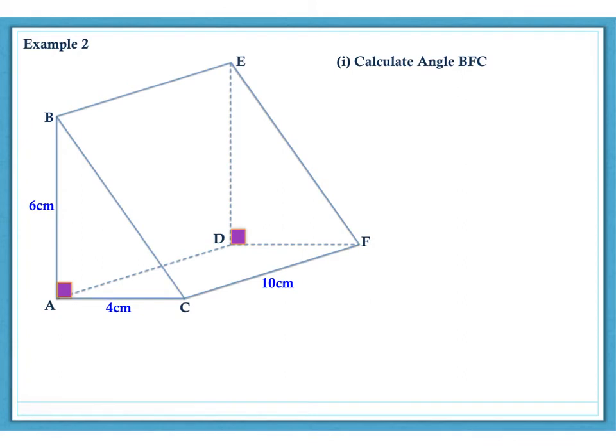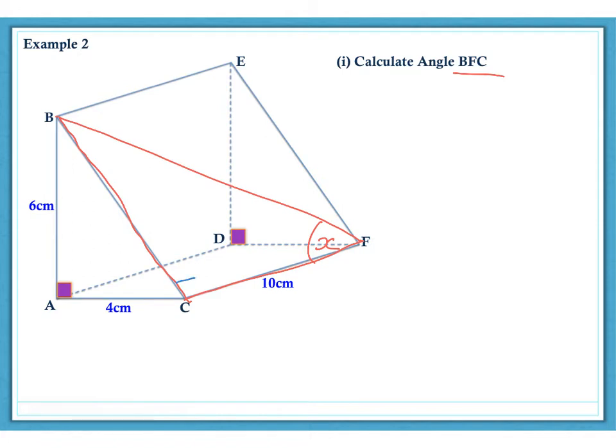Example 2, things are going to become a little bit more complex. Starting simply again to begin with, let's calculate angle BFC using this triangular prism. So let's join these points up. So B to F, that's across here, across to C, and then join B and C. So the angle BFC is this angle here, which we'll call X, and there is a right angle which is